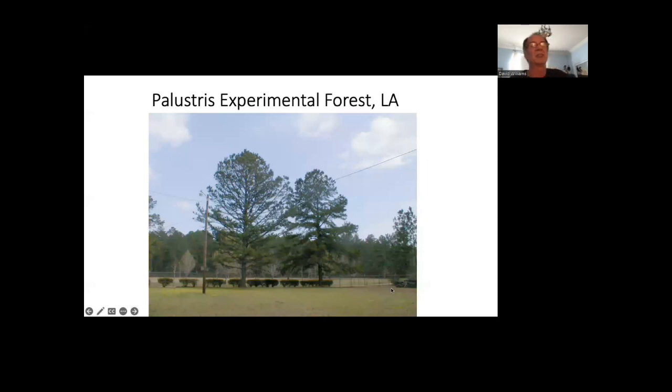But one of the funny stories is at the Palustris Experimental Forest in Louisiana, they supposedly planted a moon tree seed next to a control tree seed, to see how they grew. The experimental forest sort of closed down sometime after that, but it was still being maintained. Although this picture now showing the moon tree and the, quote unquote, control tree, a lot of that has been overgrown and stuff. But the trees are still there.